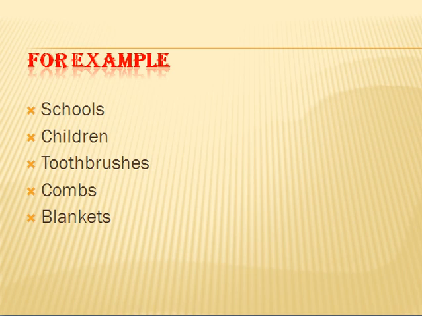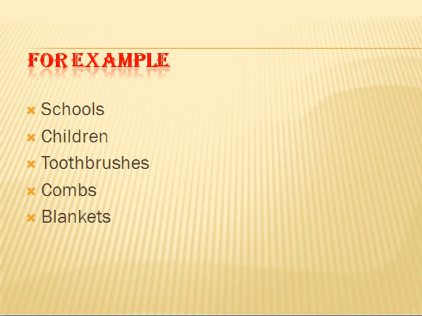Now children. If we are talking about a child, then a child is one child. That means the quantity of one. That means it stands for singular number. But here we are talking about children. So children here is the example of plural number. Now toothbrushes. If we are talking about a toothbrush, it means one toothbrush or a single toothbrush. But here we are talking about toothbrushes. That means we are talking about more than one toothbrush.